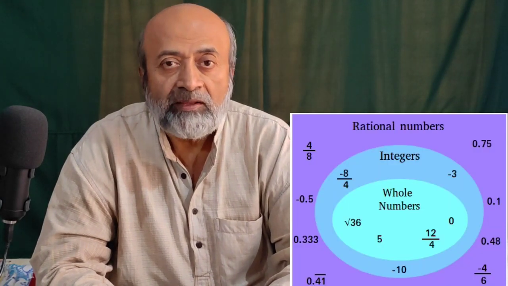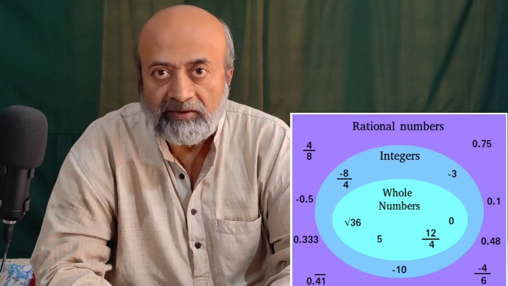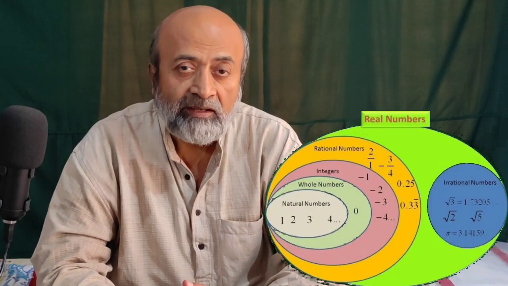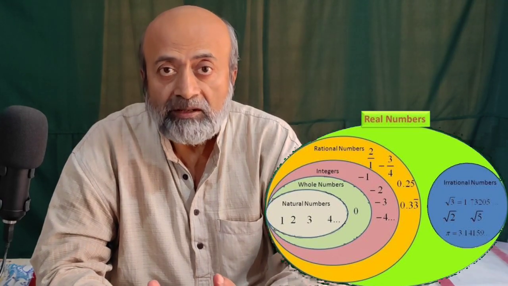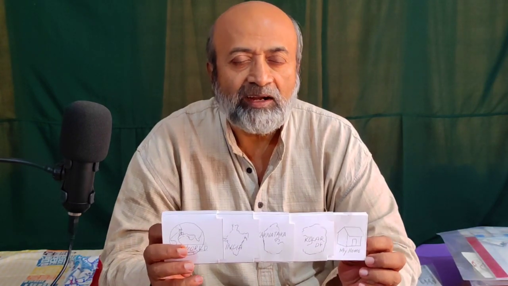And also we have the rational numbers, all the numbers of the form a divided by b. And also all these things put together are in the set of real numbers, which contain rational as well as irrational numbers. Irrational numbers are of the form pi, e, etc. So all these confusions are there to mug up. But this is a toy which illustrates that relationship.